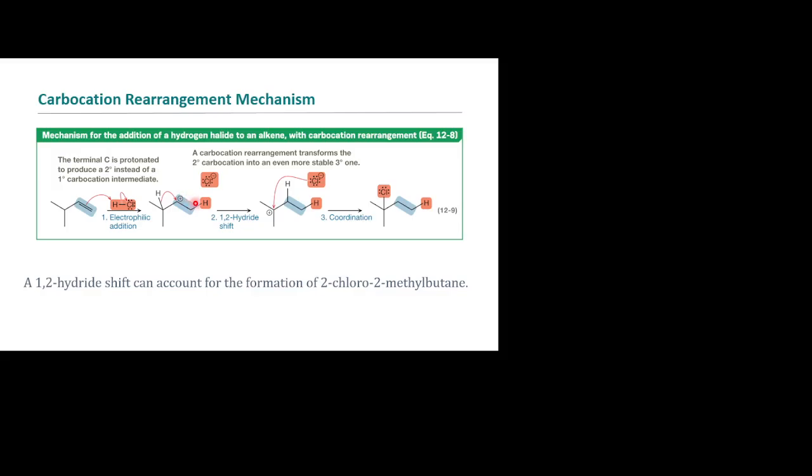And so if it can relax into a lower energy state, i.e. do a 1,2 hydride shift, which is shifting this hydrogen over here, then it's going to give the carbocation right there, which is a tertiary arrangement, right? And so this is, in fact, a lower energy state. And so that would be the more stable arrangement. Okay. And that would give you this product right here.